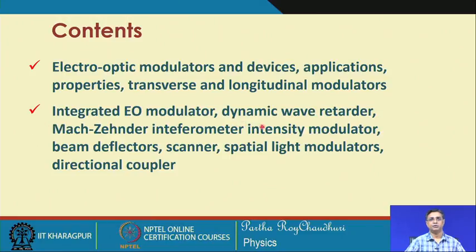Then the Mach-Zehnder interferometer intensity modulator, a very powerful modulator that is widely used in sensing applications also, apart from switching of the light signals. Then beam deflectors and scanners, spatial light modulators, and another very important use, the directional coupler for switching, a versatile device for many applications.